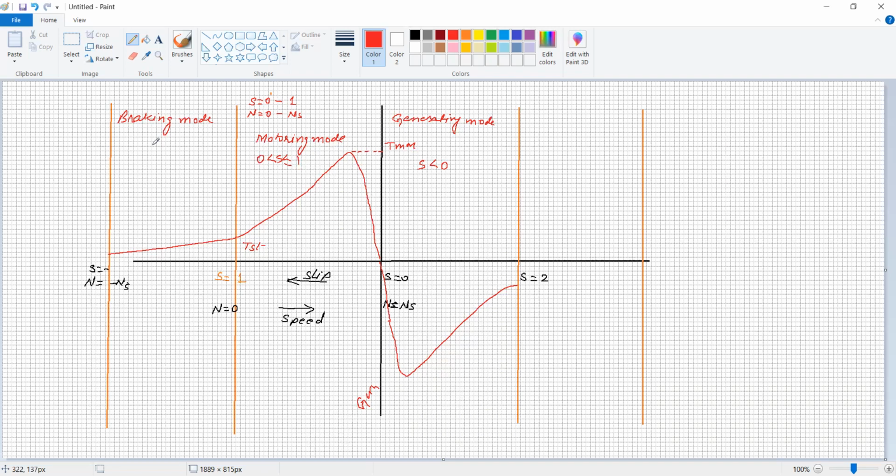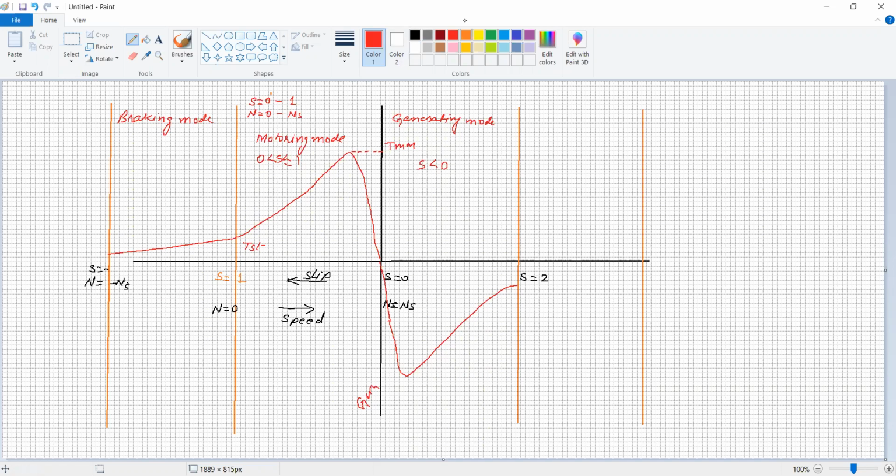So whenever we are using an induction motor in railway traction or lift, we always use electric braking, because electric braking provides smooth control. It does not give jerks, and it avoids wear and tear in the rotating parts. So a three-phase induction motor can work in three regions. One is the motoring mode. Second is the braking mode, a motoring condition but in the braking mode. And one is the induction generator.